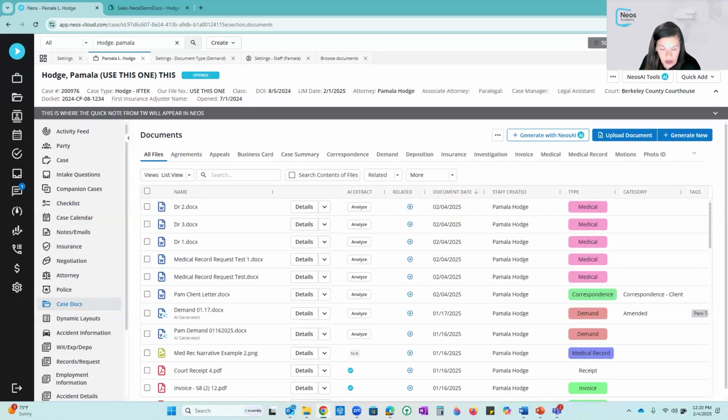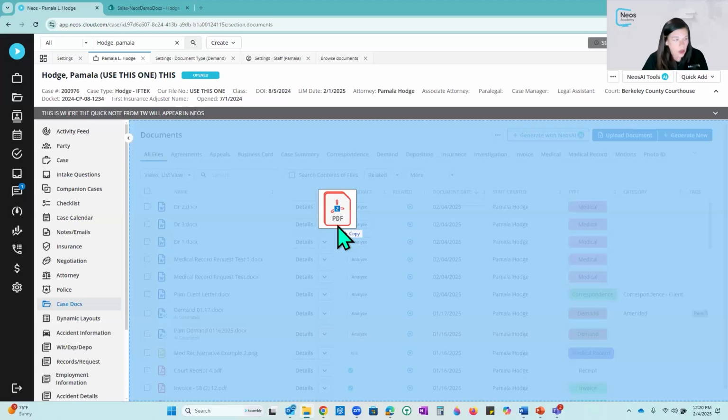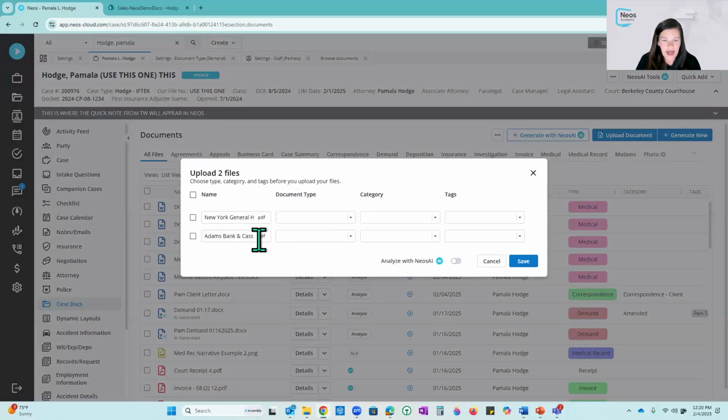Now, if you want to upload documents to Neos, if I have documents that are on my desktop that I've scanned and for mail and stuff like that, I can go to my desktop. I can grab the documents. So I'm grabbing the documents from my desktop, and I'm going to drag and drop. When I drag and drop, notice the screen's blue. And once I release them, it is going to upload the 2 documents. The name is being pulled from the name that I had